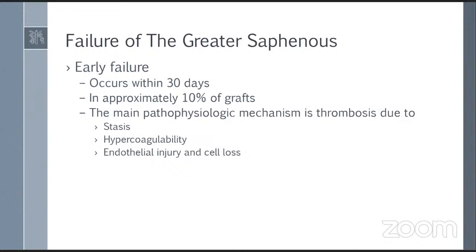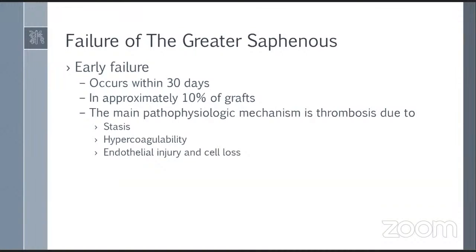Stasis can happen mainly in a vein graft because of technical issues like kinks or poor distal runoff, or because of problems with the conduit itself, like a narrow vein, a vein that has a small diameter. Hypercoagulability is any condition or disease that makes the patient hypercoagulable. Thrombosis can also happen due to endothelial injury in the veins, and the mechanism of endothelial injury can be due to